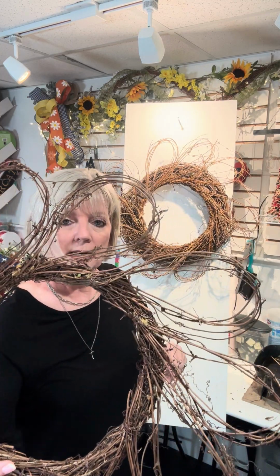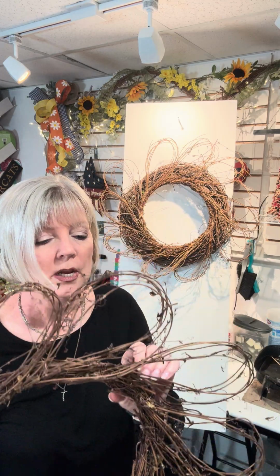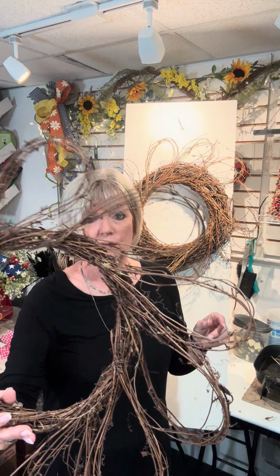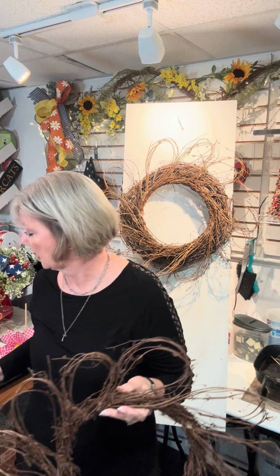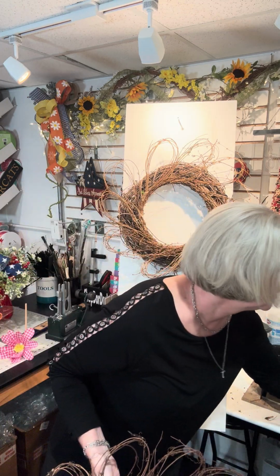So this is the base that I got. I got these at Sherry at Randolph Mercantile, a local store here. She only had two, so I nabbed both of them. When I saw them, it just reminded me of a big flower with the grapevines coming out and making the loops. So it just came to my mind to do a little bit of a wildflower design. So what I did is I just took a grapevine base and I layered this on top,